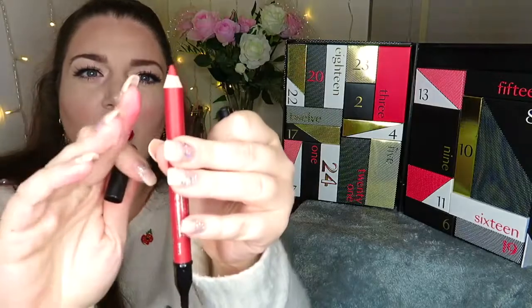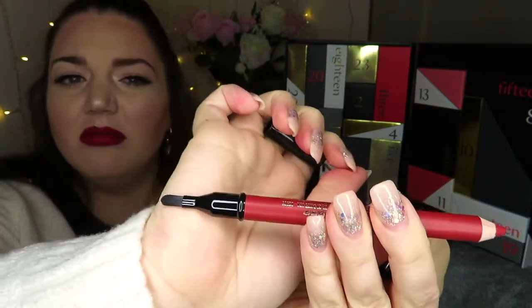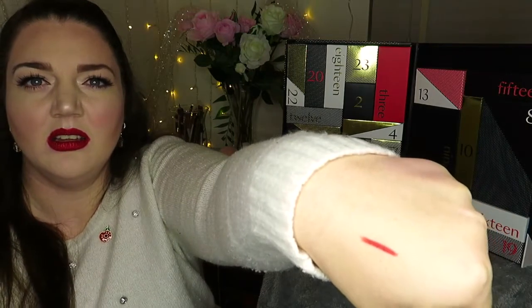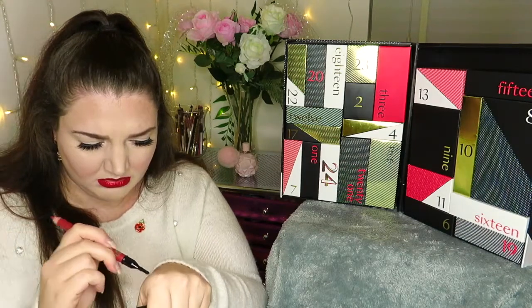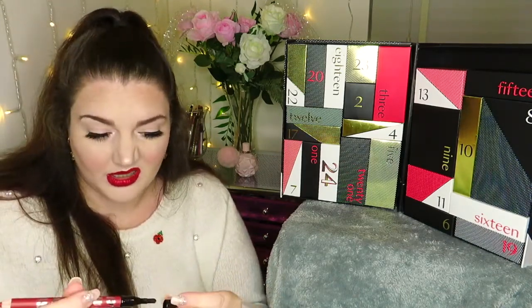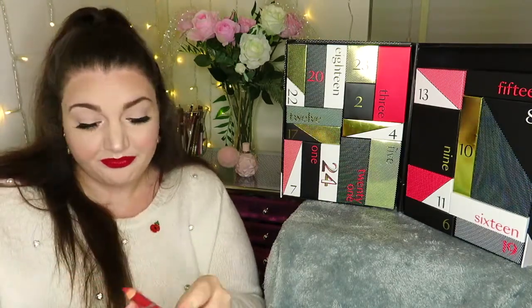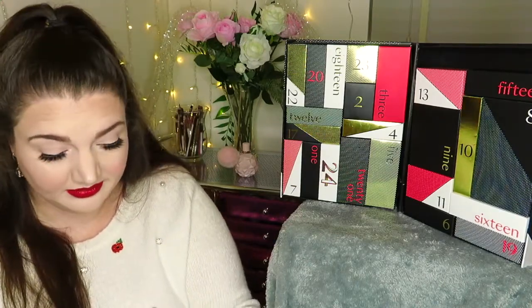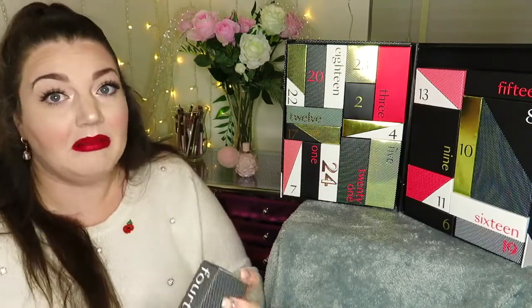So obviously you've got the pencil on one end, but then you've got like a lip brush on the other. Okay, it's a nice colour, quite wearable. I suppose, what, do you just do that? Okay, I don't know if it's me, but I don't really see the point in that. But okay. Plump and defines, built-in brush for blending and contouring. Okay. Sorry, I can't hide it. My face says it all, doesn't it? Not really impressed with that, but